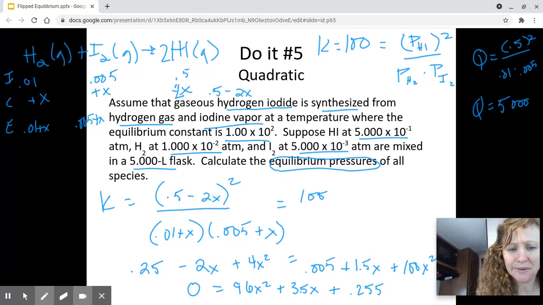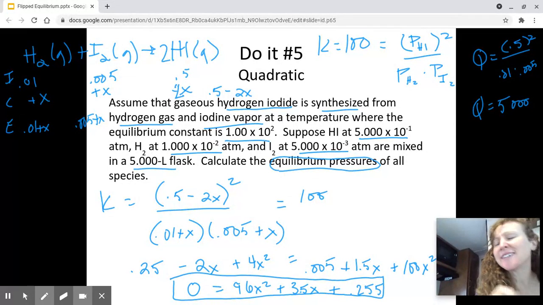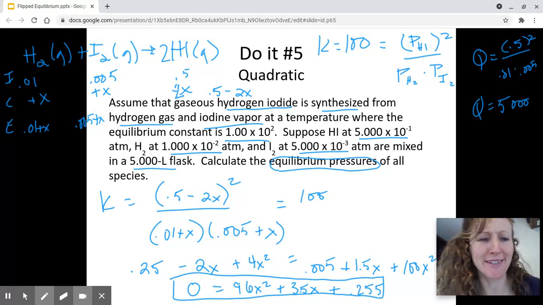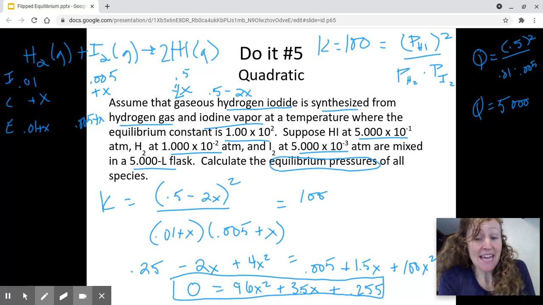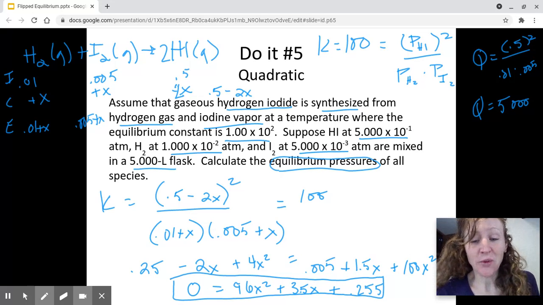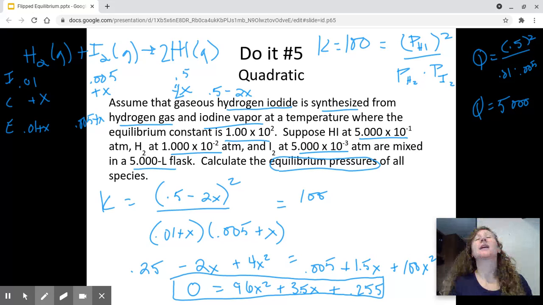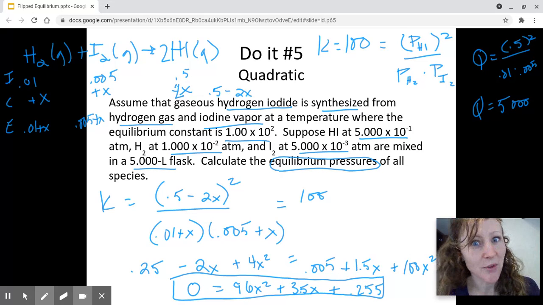Something like that. There we go. Feels so good to practice those Algebra 2 skills, right? Okay, so we have ourselves a quadratic equation here, right? We have expanded, we have distributed, we have combined and simplified, and here we go. We have an equation that can't be solved unless we use the quadratic equation. So this is the point at which we pause and take a deep breath and try to remember the quadratic equation,